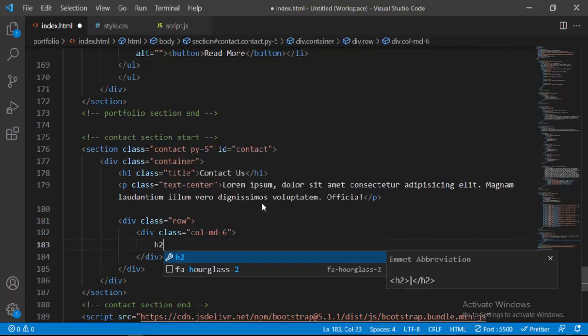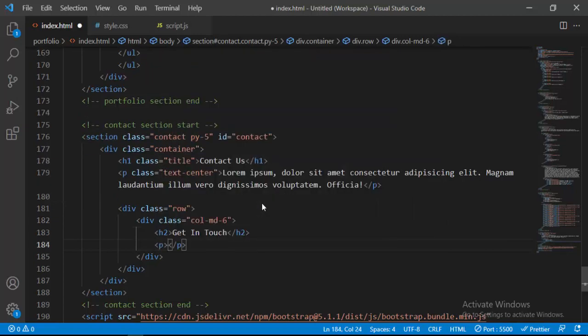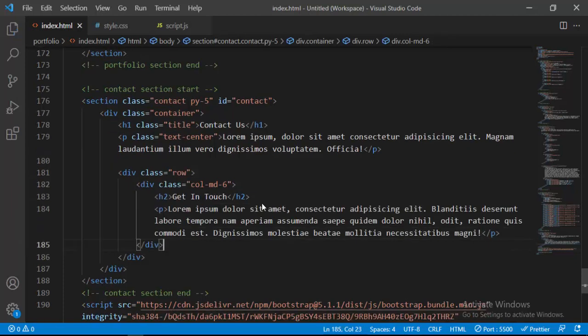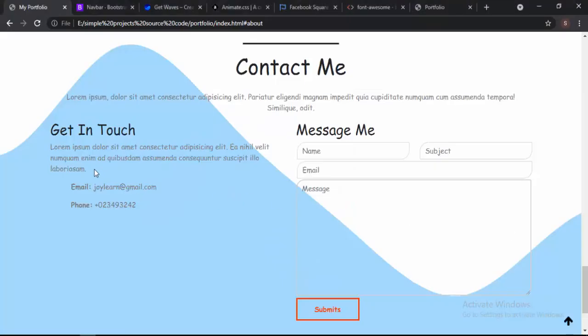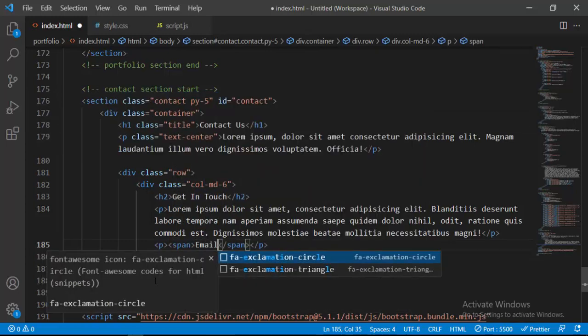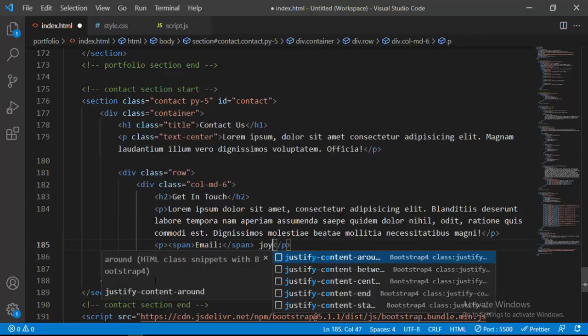Inside this I'm going to put an h2 and say get in touch. After this we have a p tag, so I'm going to say p and generate some lorem, which is going to be some text like this. So after this p tag we have this email and phone. To create that, I'm going to put a p tag here, and here I'm going to put a span, because I'm going to put the email inside that. I'm saying email, then after this I'm going to put an email, which is